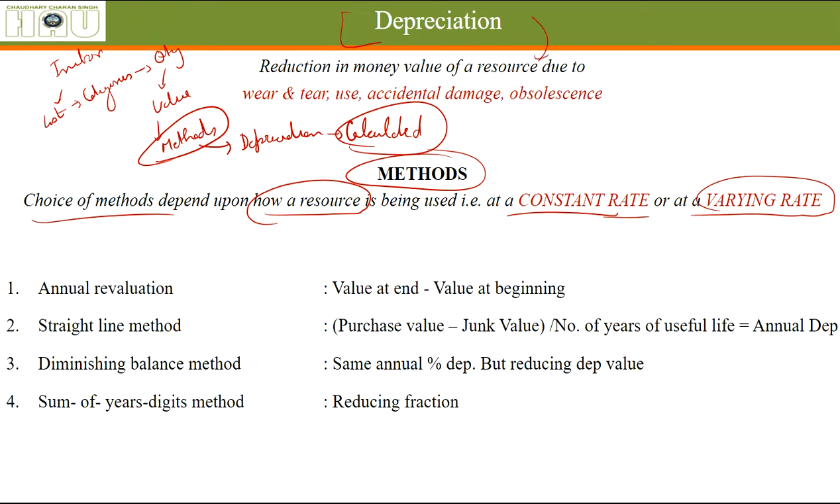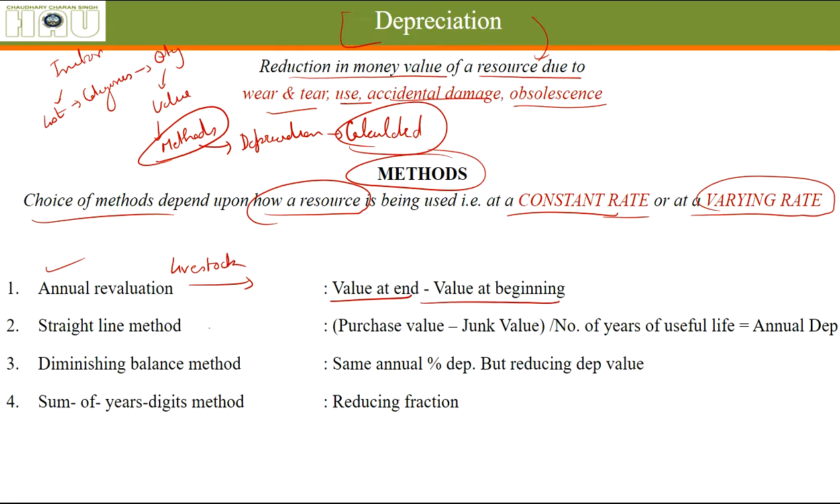As you know, depreciation is reduction in money value of a resource or an asset due to wear, tear, use, accidental damage and obsolescence. Obsolescence means that technology has gone obsolete. First method and simplest method is annual revaluation method. This is also used for livestock. Value at the end of the year minus value at the beginning of the year, and it is fairly